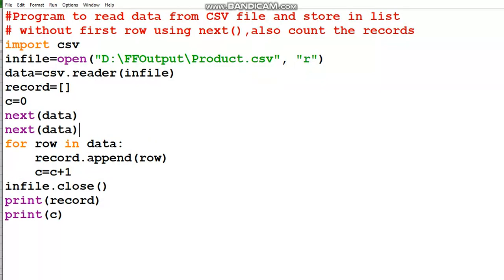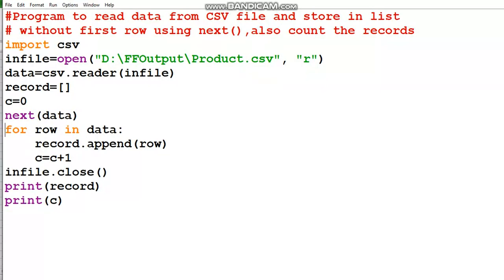That means first record, after this will take you to after the first record, and this will take you after the pointer to after the second record. So this way, as many times you are using next, that many times the pointer will skip or jump to the next record, or it will skip one record. In both ways you can understand. So here I want to skip only one record, that is the header row, so I have written next over here,